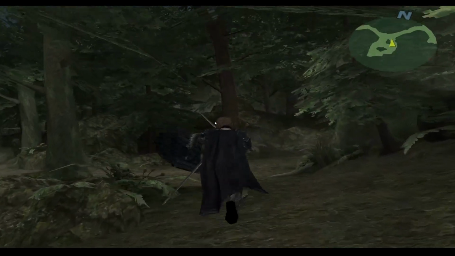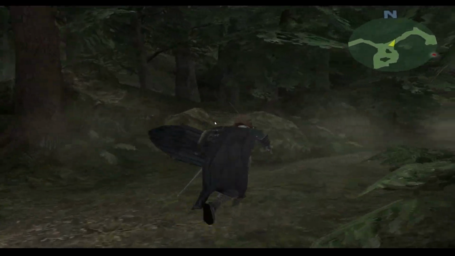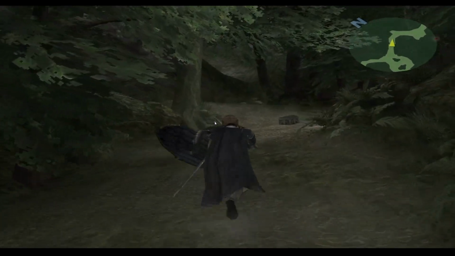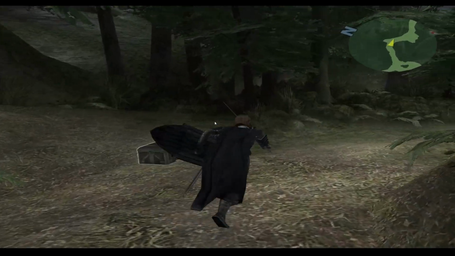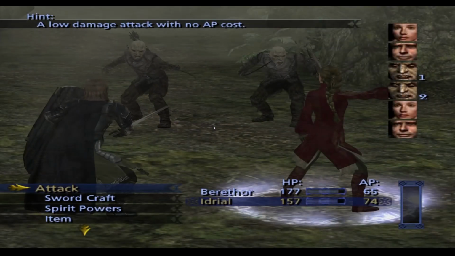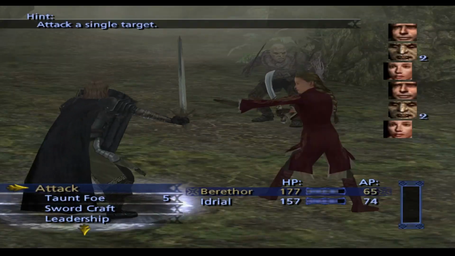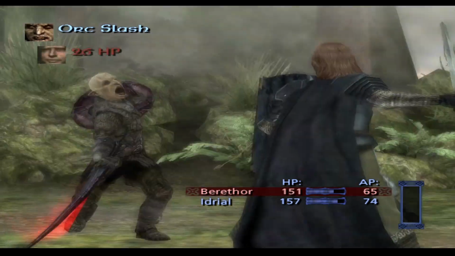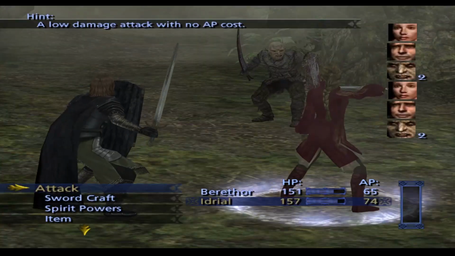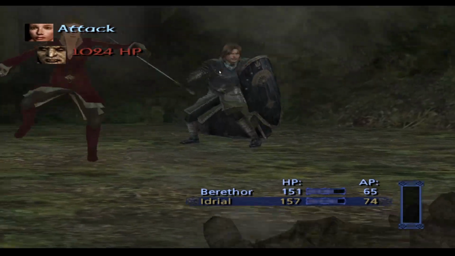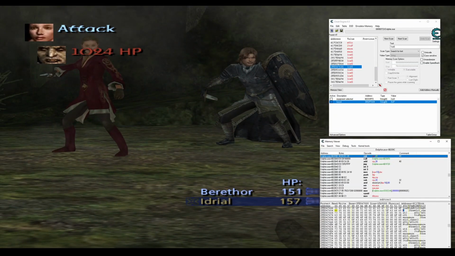So now we're going to go over here and do the second fight, just to make sure that the address loot is correct. Get rid of them. Yeah, I'm just going to pause that emulation there. You don't have to do it this late. You could just do it as soon as the fight begins or when you kill an enemy. I'm just going to pause it so I have enough time to